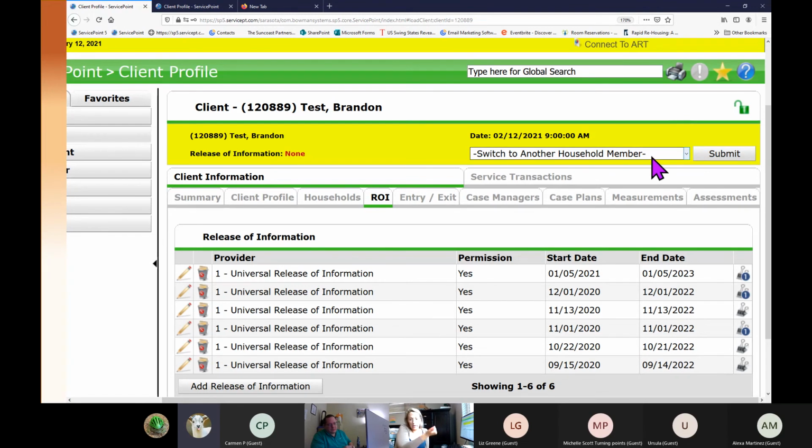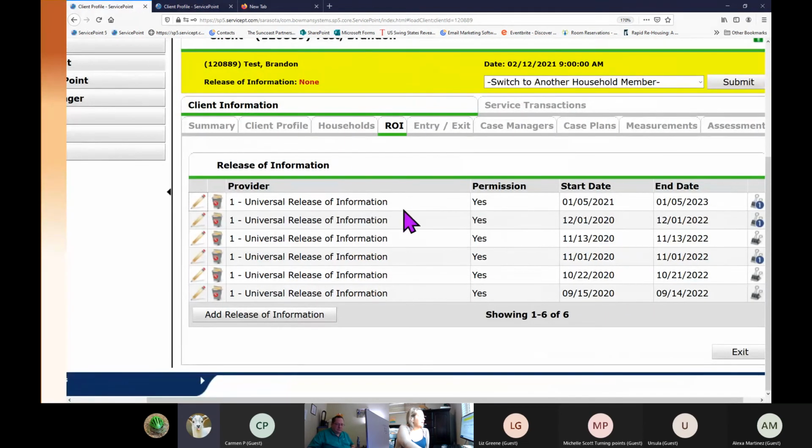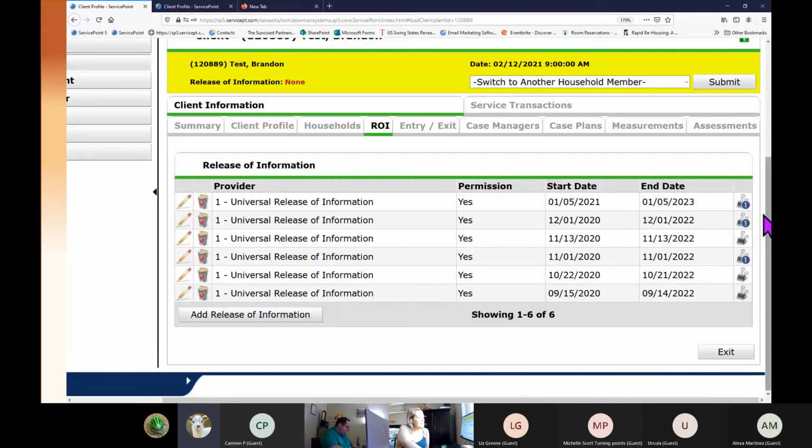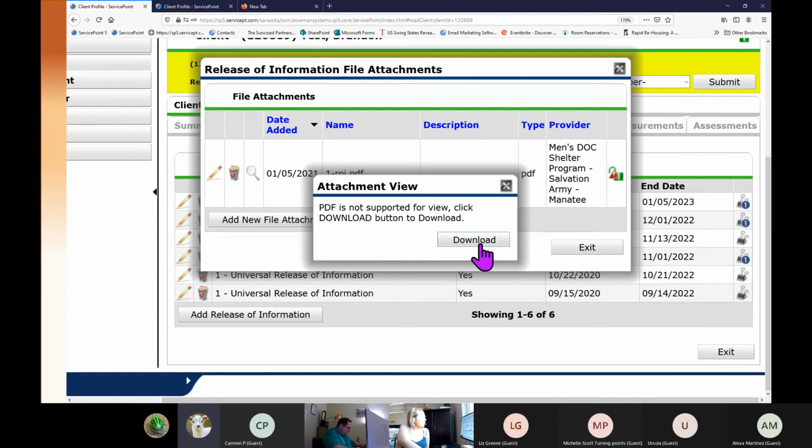It's going to get shared with your county. It's going to get shared potentially at case conferencing. So it's a CYA. The first thing you do when you have a client, check your ROI tab. Your universal ROI, cover your agency. We're going to look at the paperclip. We're going to make sure that when we view it,